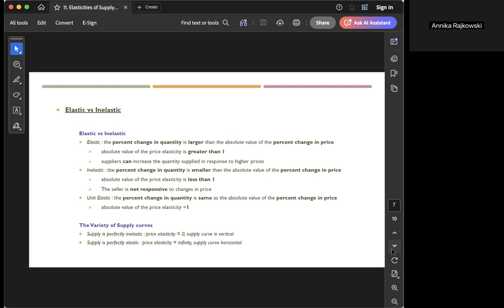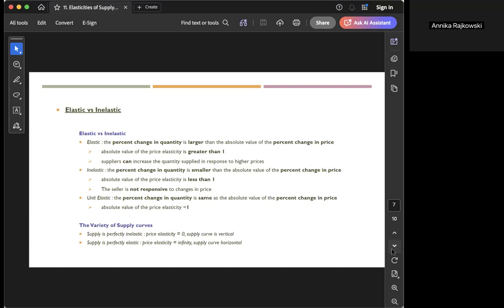Second one is inelastic supply, which means that quantity changes less than price. So elasticity should be less than one, right? Sellers cannot easily adjust their production. Let's think of a farm. If wheat prices suddenly doubled tomorrow, farmers typically cannot instantly create more farmland, because production is mostly constrained, and in this case we call it